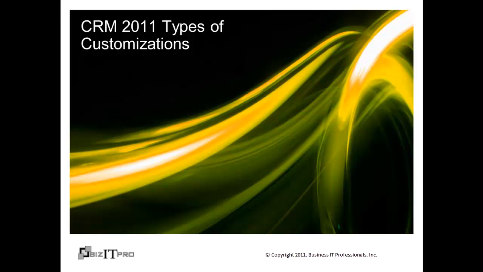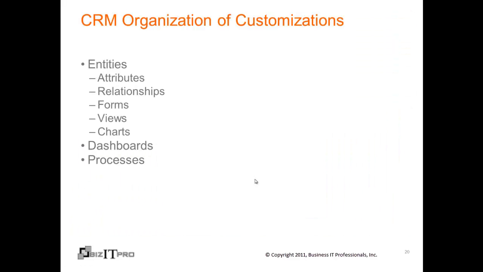So now let's discuss the individual types of customizations that we can perform within CRM 2011. Before we get into that, we really want to talk about how they're organized. In effect, organization of most of the customizations that we do in CRM are based around entities in one form or another. In fact, we cannot create an attribute and assign it until the entity exists. The same is true for relationships, forms, views, and charts, because they are all dependent upon a primary entity being